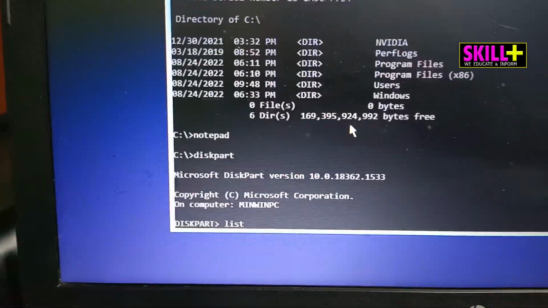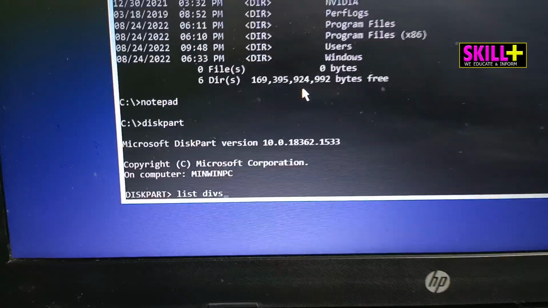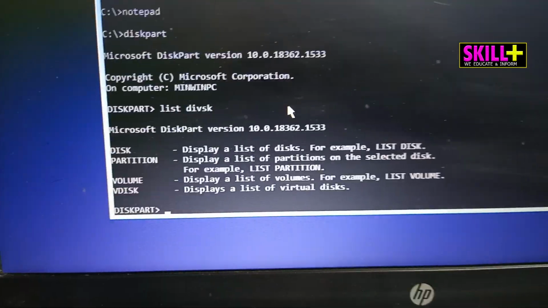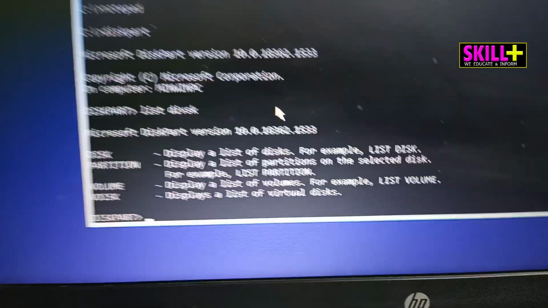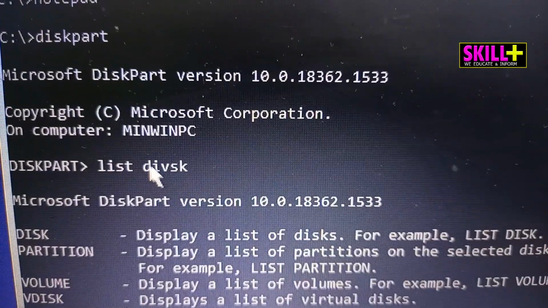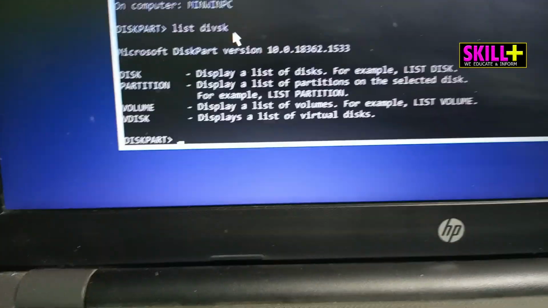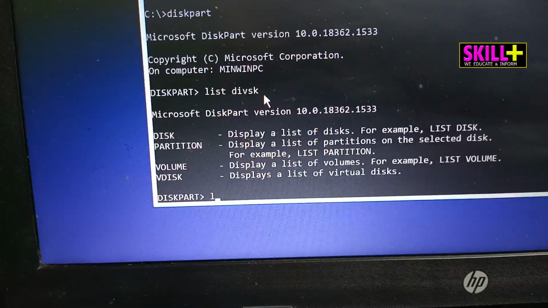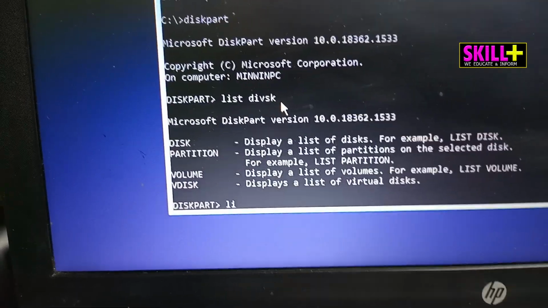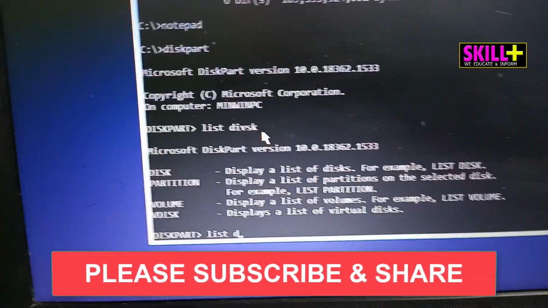We want Windows to list all the disks it has. I made a mistake. You see, instead of writing disk, I put DIVSK. So write it very well. Repeat. List disk